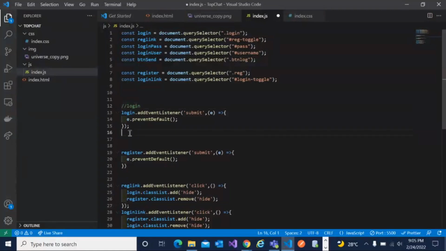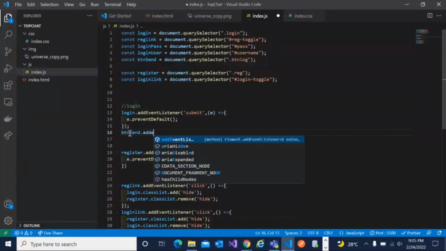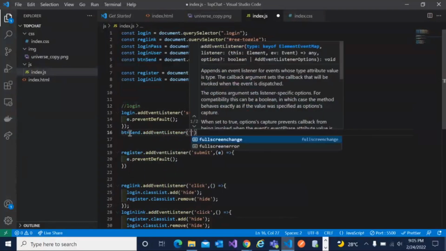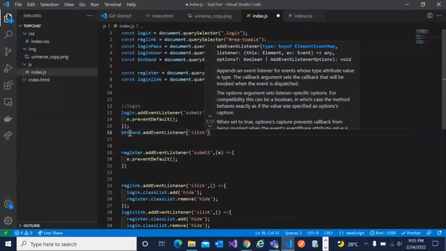So for btn send dot addEventListener. And the listener is going to listen to this link. So when you click on that particular button,